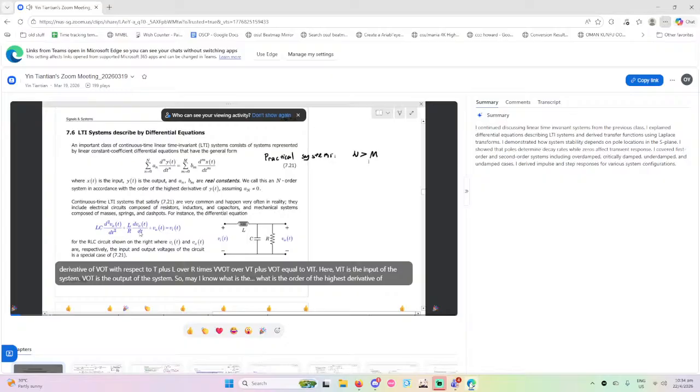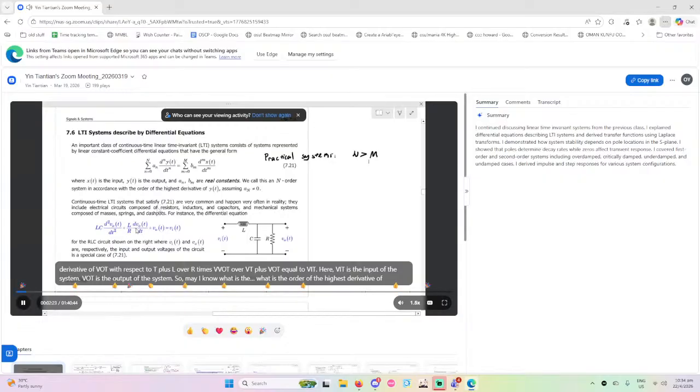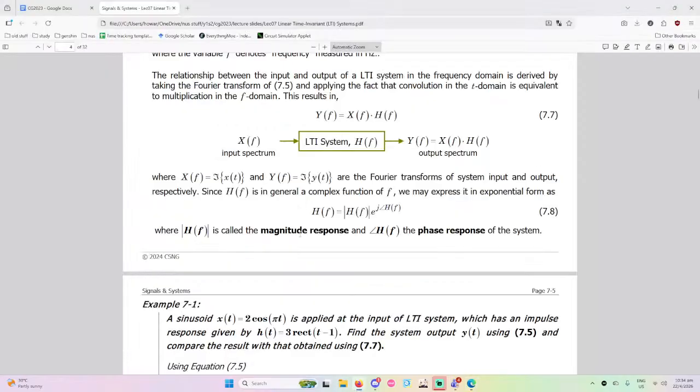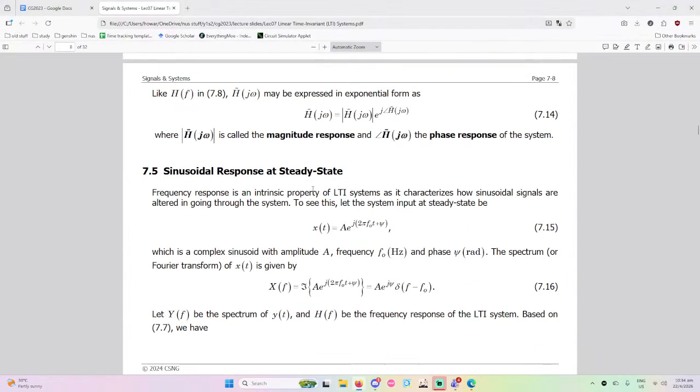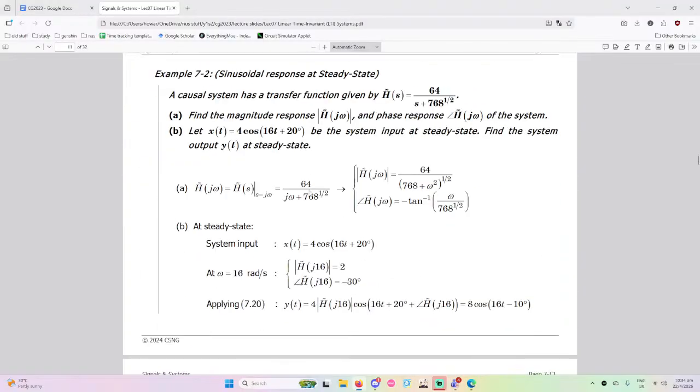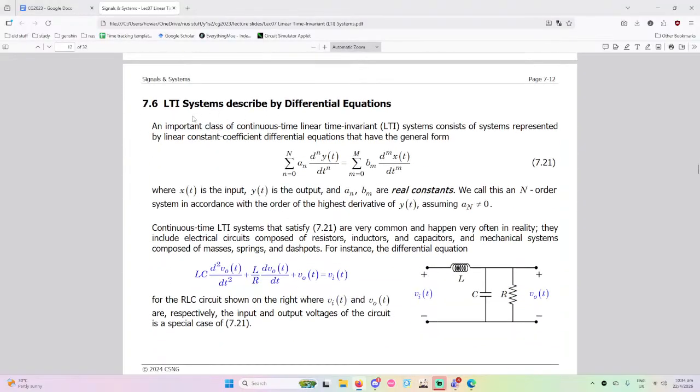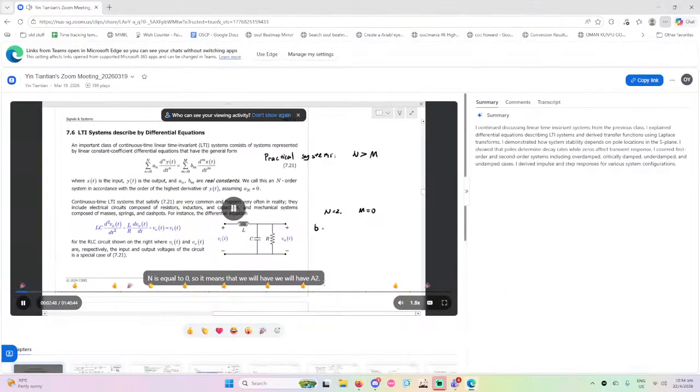So may I know what is the order of the highest derivative of Vo(t) here? What is the highest order of the derivative of Vo(t) here? What is the order of it? It is equal to 2, right? So here we have N equal to 2. And what is the order of the highest derivative of Vi(t)? 0, correct. M is equal to 0. So it means that we will have